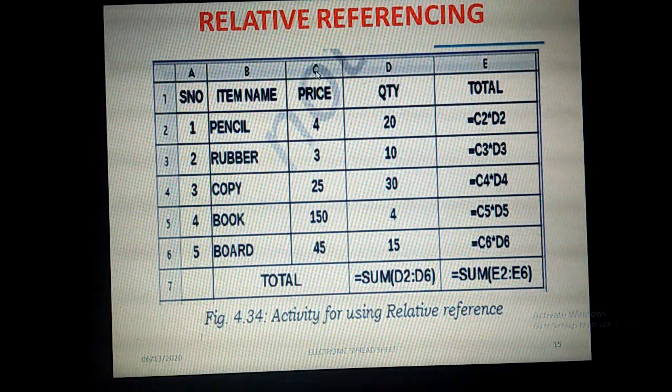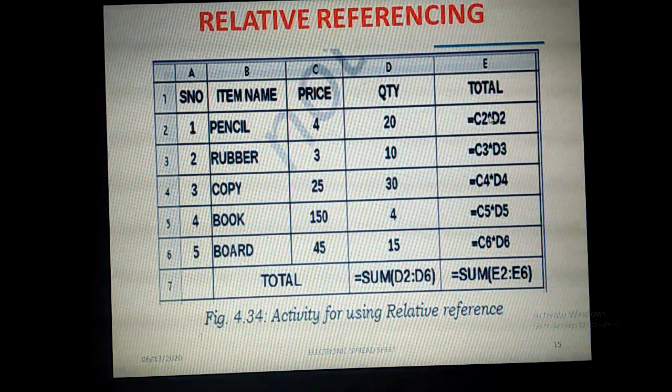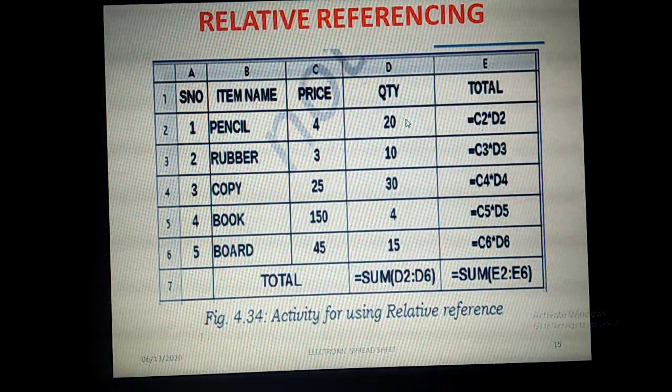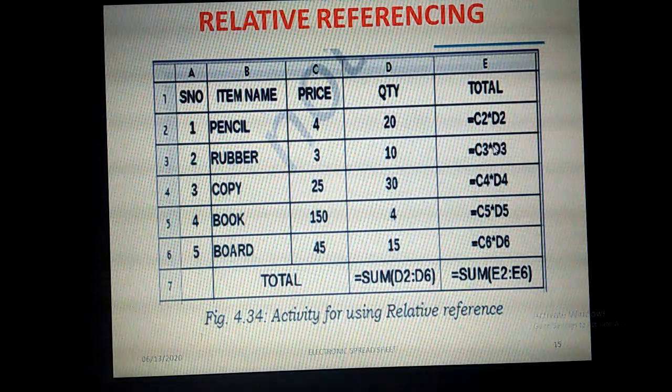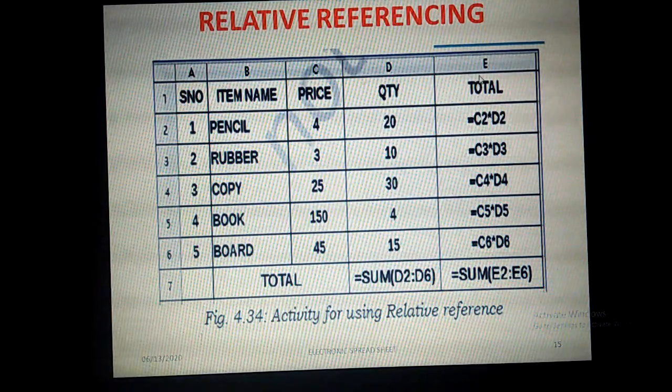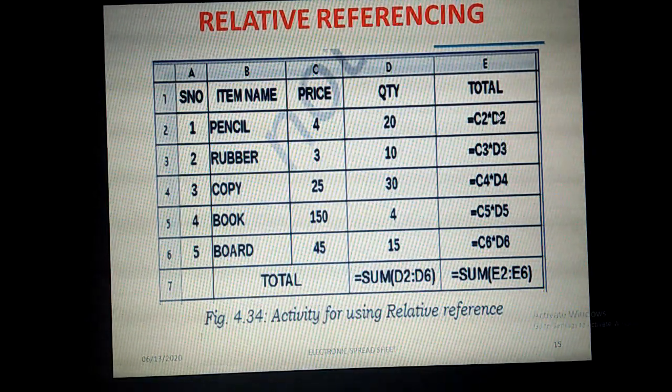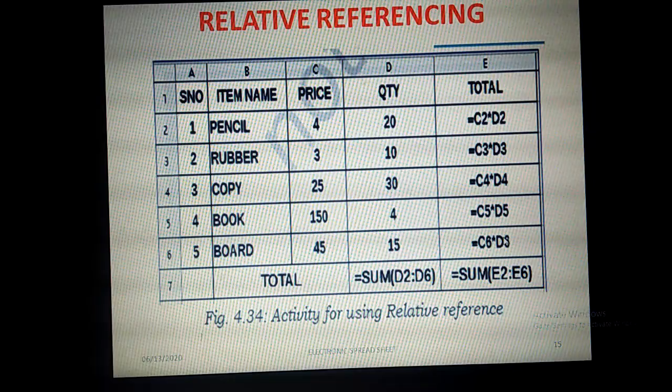See here C2, we should not write 2C or 2D. So always we should write the cell address, first the column letter and second the row number. So C2, multiplication symbol, that is star, and D2. Like that you need to enter the formula to get the total price of the first item. For the second item and third item, no need to type the formula on your own. For that we have learnt how to use the autofill handle or copy and paste commands. With the help of those commands we can copy and paste the same formula in the other upcoming cells.